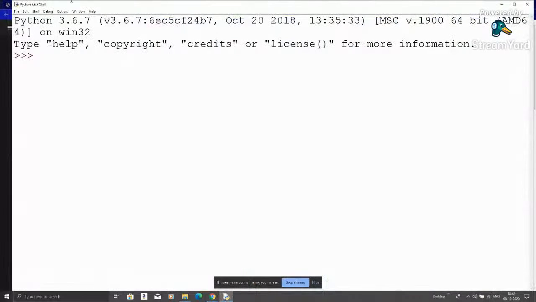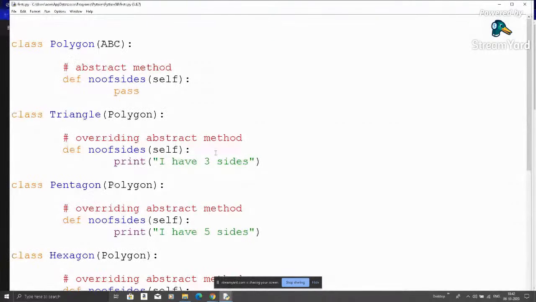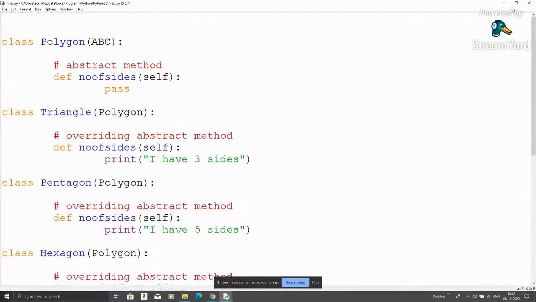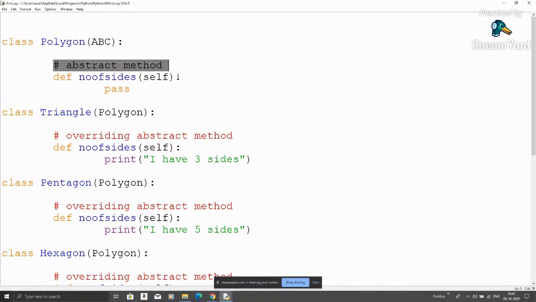So let's open the IDE. I have already told you this: when we are using something new, what is the main thing we get over there? Right now I am using a class as a polygon. As a polygon I have extracted the class. The extract method is used. The main thing is that when we call this method, it is directly imported by the module.